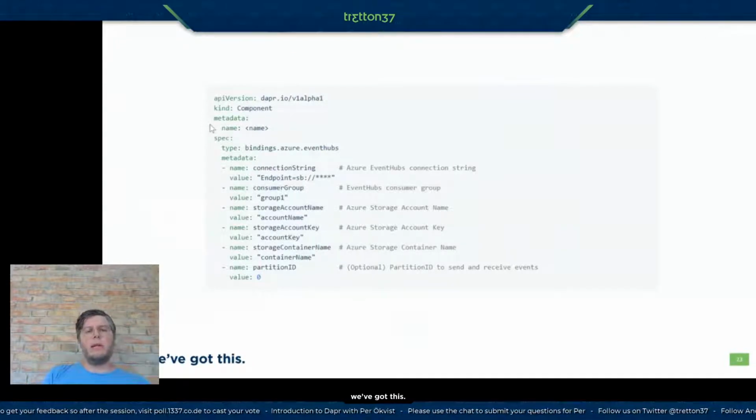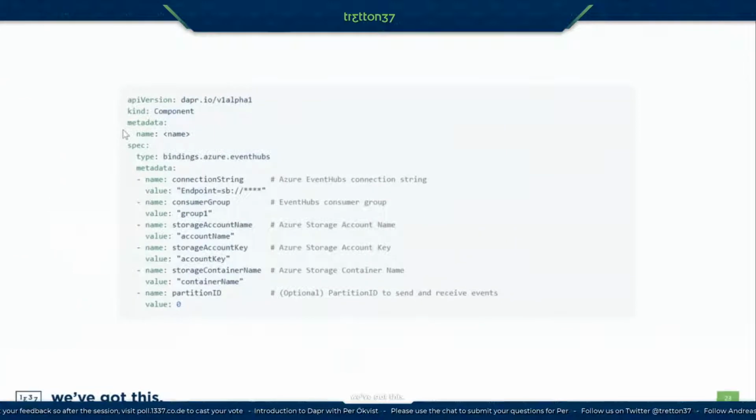So let's go and look at one of these YAML files. And now you see something familiar if you're coming from the Kubernetes space. Here you see that I have a binding utilizing Azure Event Hubs, and you have some key value configuration to set that connection up. So now you see that you have some form of specification that the binding implements, that you just could configure different components. In this case, a binding component for Event Hubs.